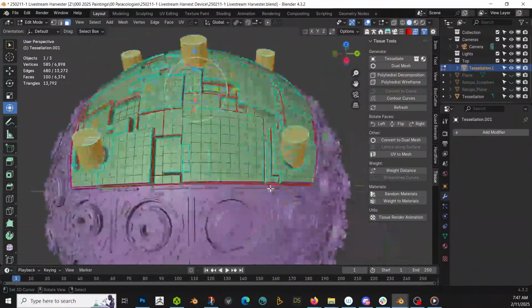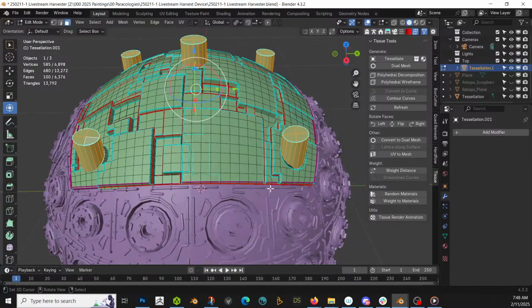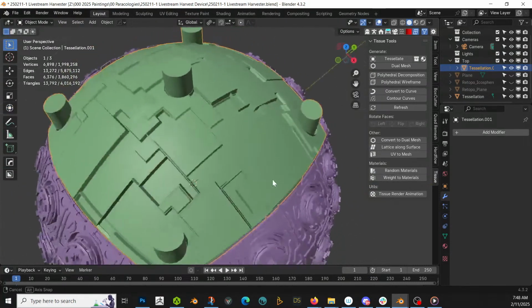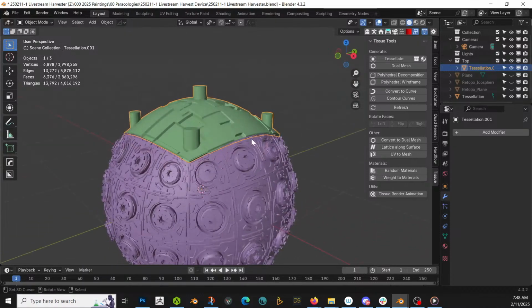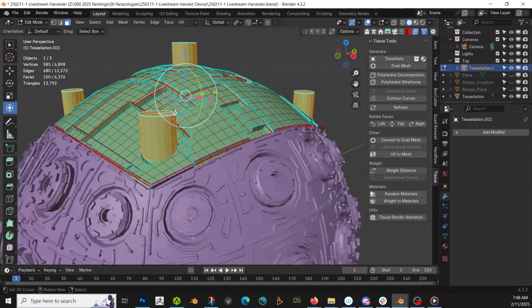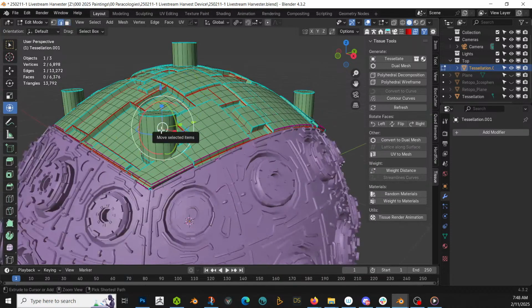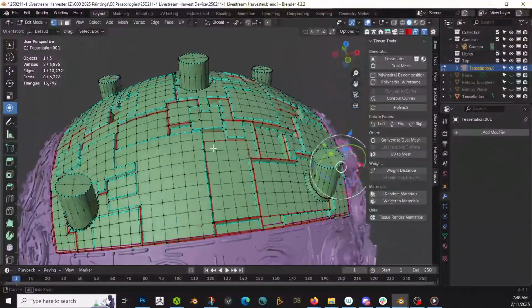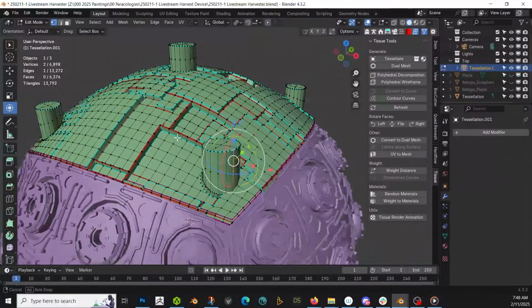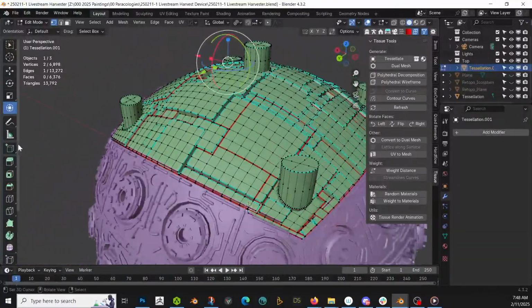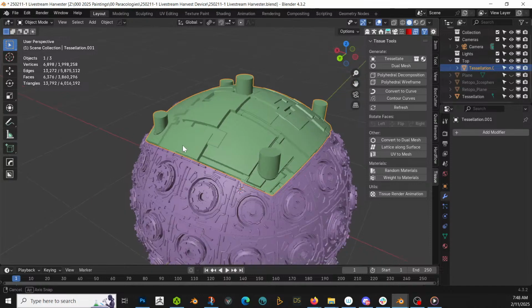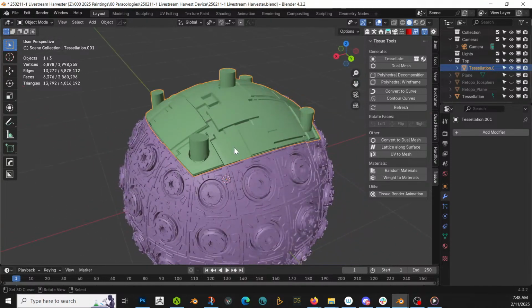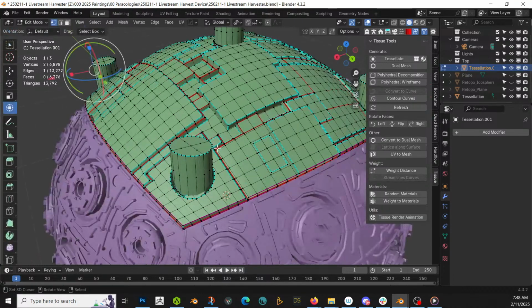That's fine. What do we want to do next to it? Let me see what it looks like. All right, that's fine. Actually, might not even need to do too much to it. I kind of like it as is. I'm going to just actually